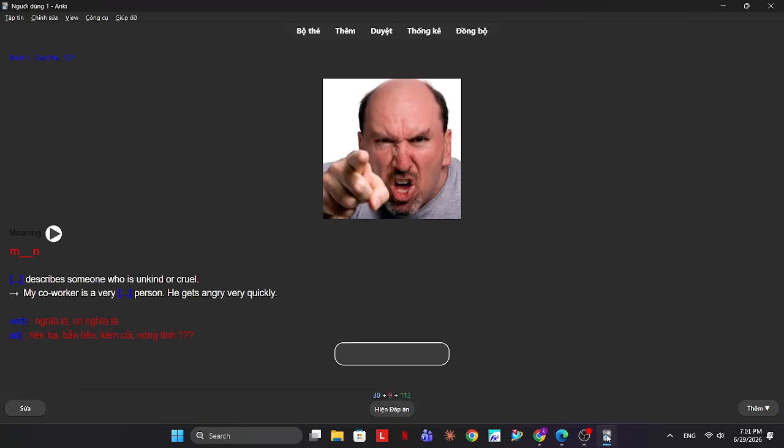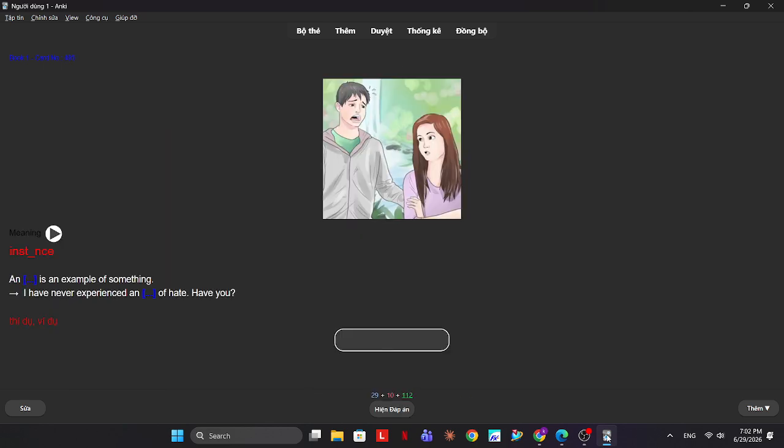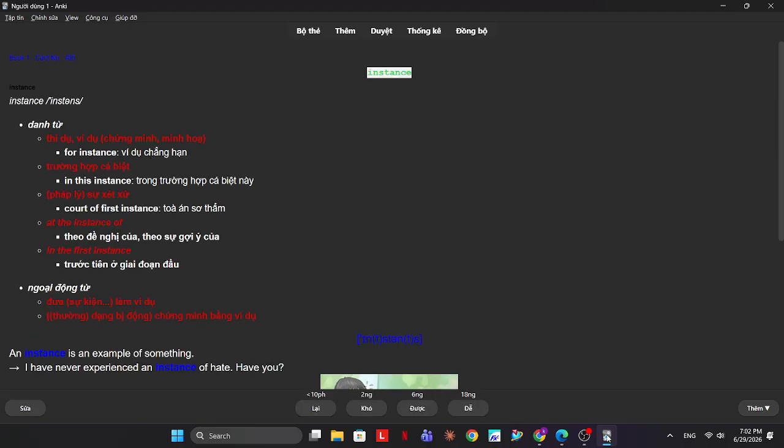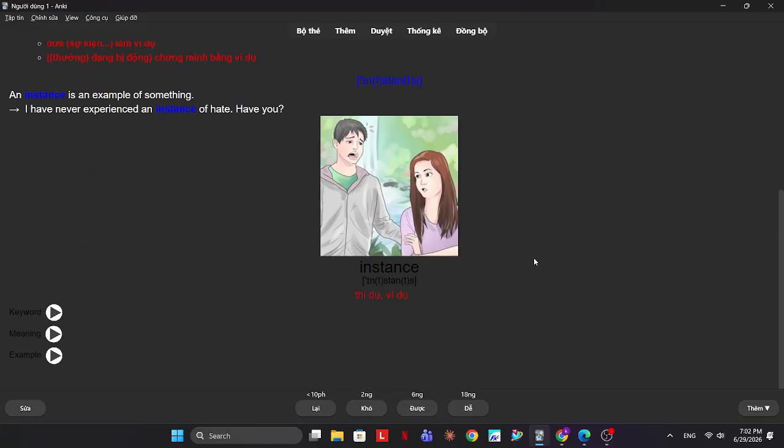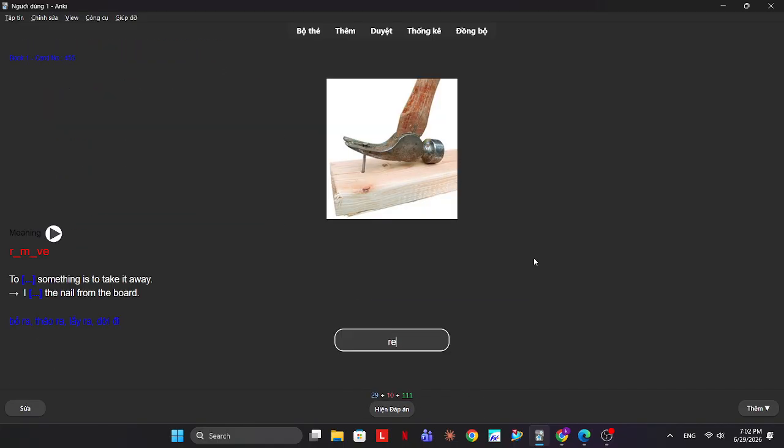Mean describes someone who is unkind or cruel. Mean. An instance is an example of something. Instance. I have never experienced. To remove something is to take it away.